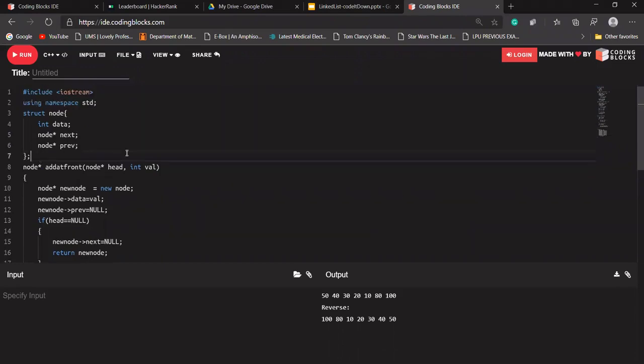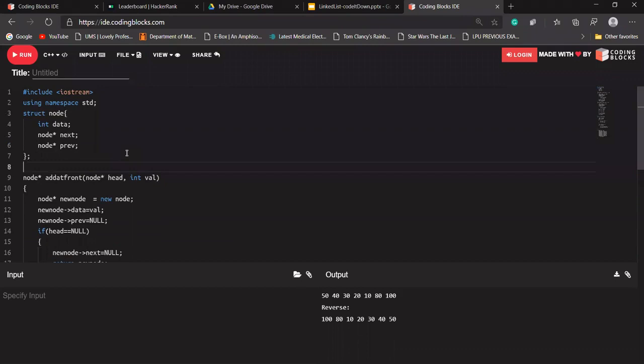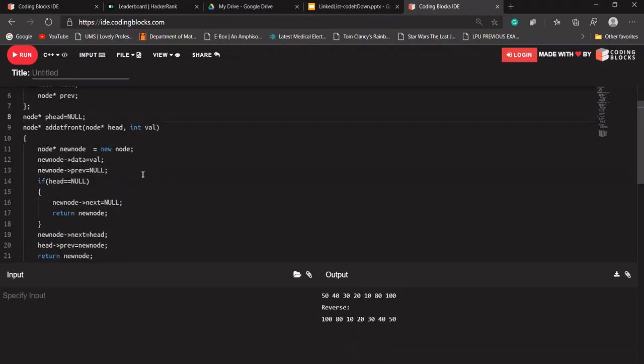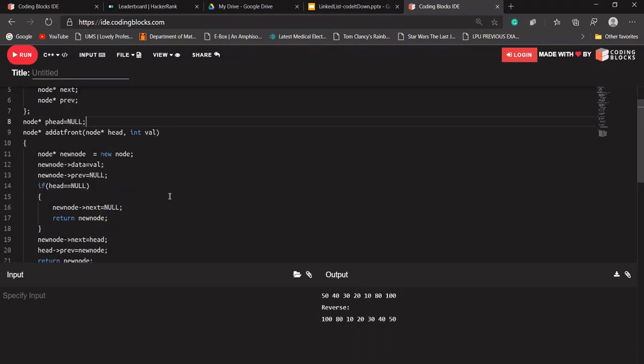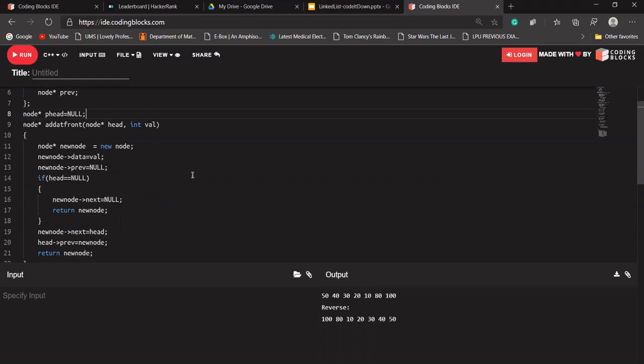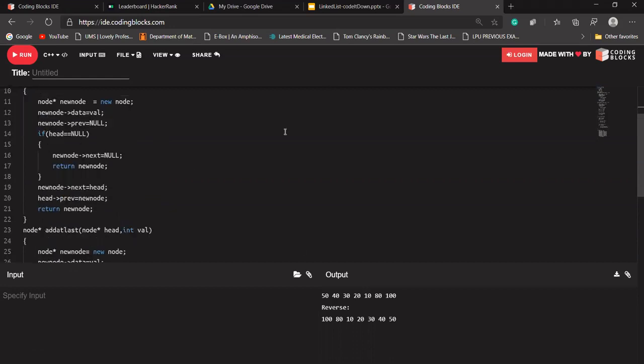So what Shrey is saying is that, instead of a local pointer, let's try to have a global pointer that will always point to our last node. Let's name it p head. So just wait a second. Okay, so what Shrey is saying is that instead of iterating through the complete loop, just let me draw it.